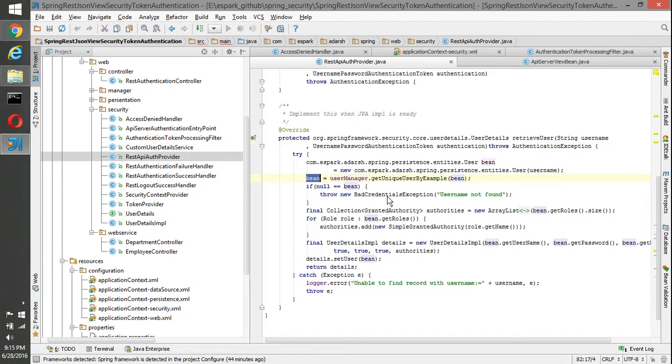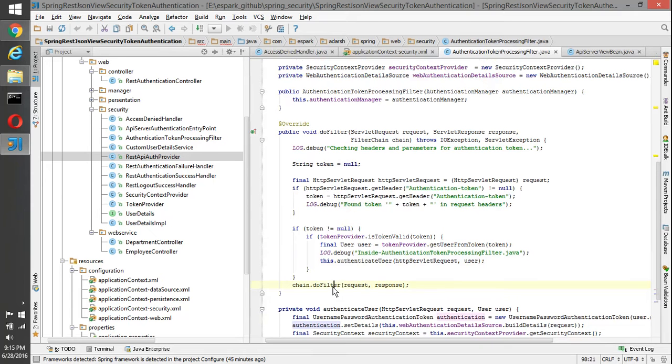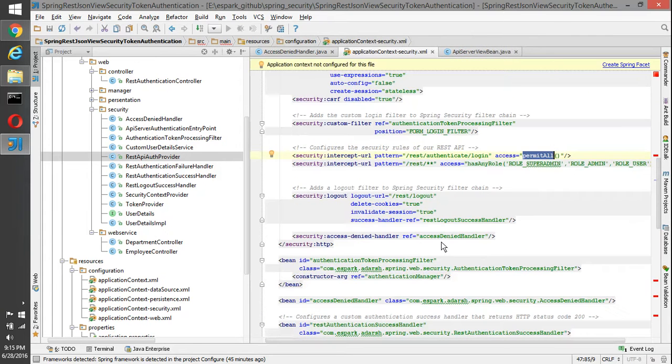If it is not valid, we'll throw an exception. Otherwise, for that user, whatever roles we have, we'll convert into authorities, then create a Spring user detail object, set it in and return that user detail. So that user detail will be set in the Spring context, basically. And then again we'll say chain.doFilter.